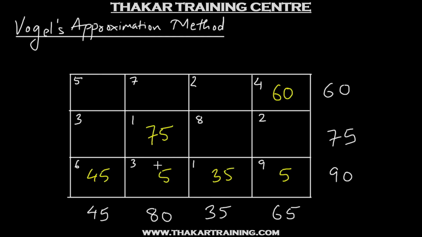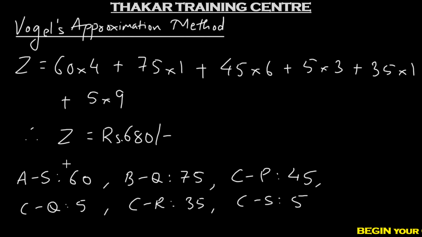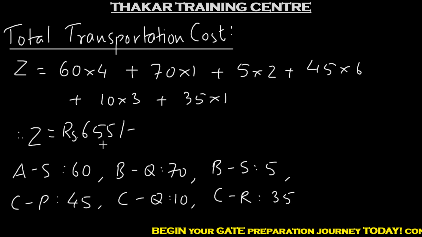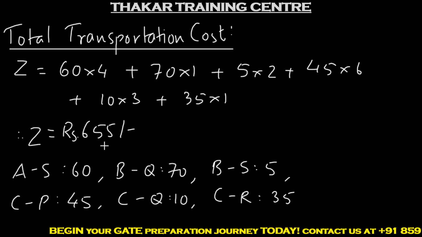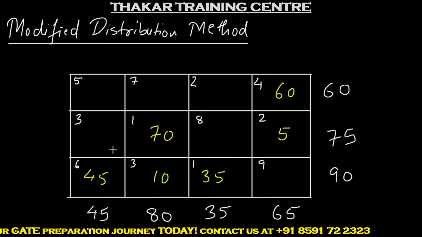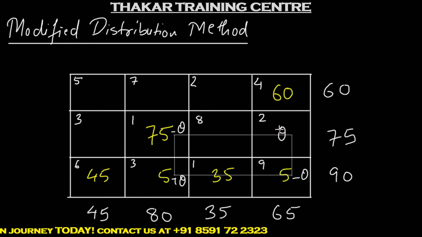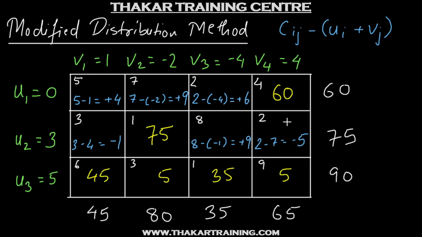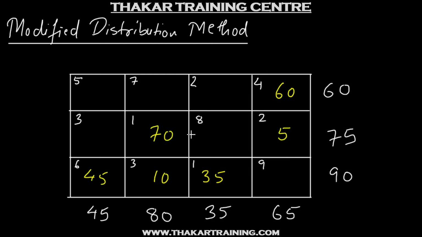Whereas for this solution with which we started, the total transportation cost was rupees 680. So it has come down as expected and it has come down by 680 minus 655, which is 25 rupees. And that is because we have allocated 5 units to this cell, and for every unit allocated to this cell, the total transportation cost should have come down by 5. So the total transportation cost came down by 5 into 5, which is 25. If you recollect, we had seen something similar happening in the stepping stone method as well. So having obtained this solution, we once again check if this is the optimal one, and if it is not, we'll try to improve it further.